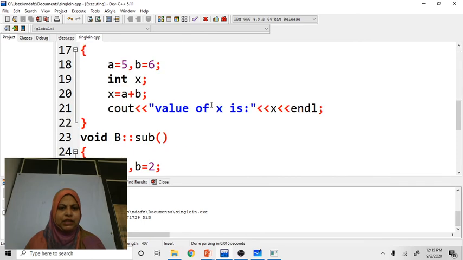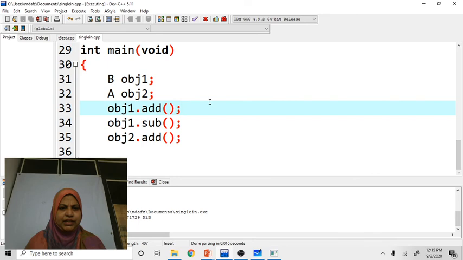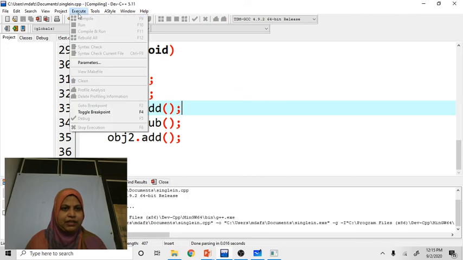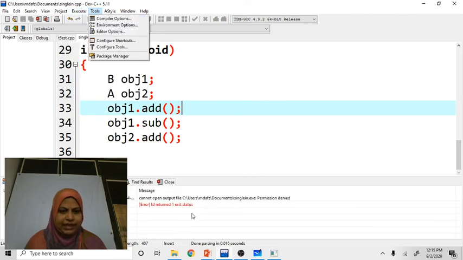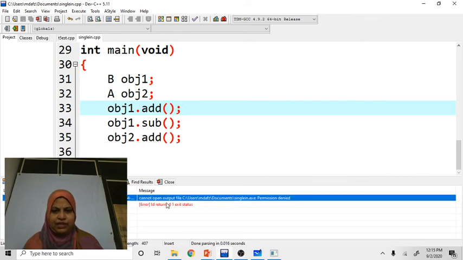See, the output: value of x is, value of d is. And main. Compile. Can't open the source file.